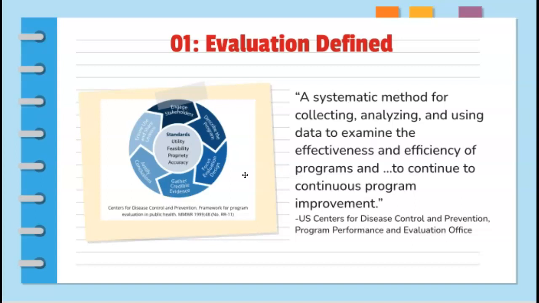Some keywords that you're going to want to pick out from this formal definition are systematic method, collecting, analyzing, and using data. Evaluation should be planned out in advance. It doesn't work well if you go in and decide one day, hey, let's perform an evaluation. You're not going to come up with any usable information. In order to come up with that usable information, you need a plan. You need to decide how you're going to collect it and what you're going to do with the data once you have it. So that's the analysis portion. And then finally, what are you going to do with the data once the analysis is done? What is the so what? You now know how the program did. What are you going to do with it moving forward?